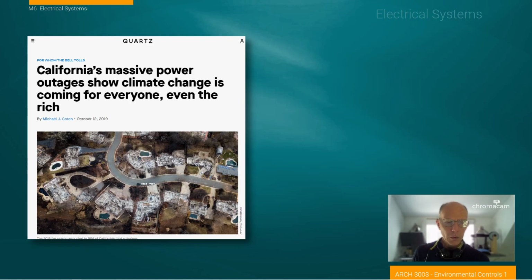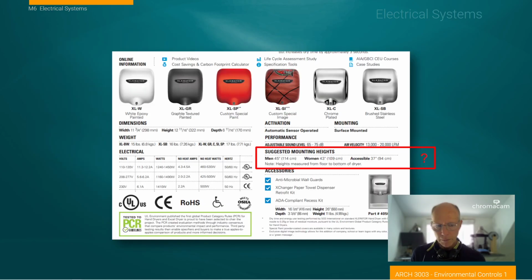Electrical power really seems important when you don't have it. In California last year, there were massive power outages because of fires on supply, utility grid supply, making us rethink the value and importance of our electricity, especially when we need it for human comfort and survival, things like air conditioning. We also, on a really small scale, we need to understand these electrical terms when we come to this